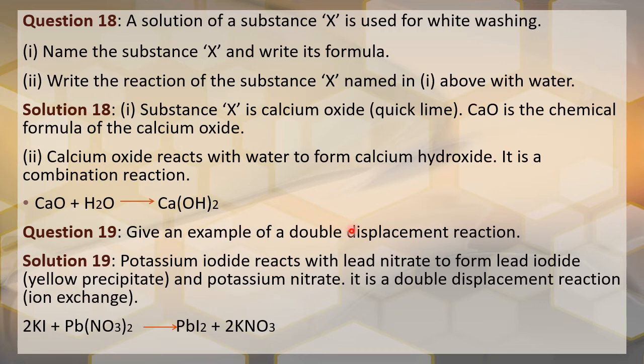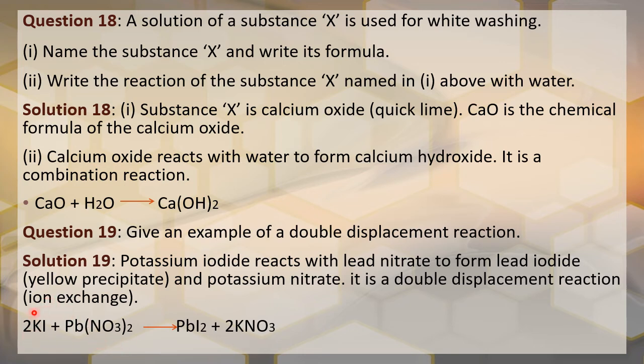Let us see the equation here. 2KI plus Pb(NO3)2. So this is a metallic solution, potassium iodide solution, and a metallic solution, lead nitrate solution. So this is a potassium solution, lead solution. Both are metals only, but if you compare the reactivity of potassium with lead, certainly potassium is more reactive than lead. Therefore, this will take the initiation. Potassium goes and displaces the lead. So when the K takes this place, it becomes potassium nitrate. When K goes here, who will fill here? Pb has to come and take the place of potassium. So lead iodide. This is lead iodide.